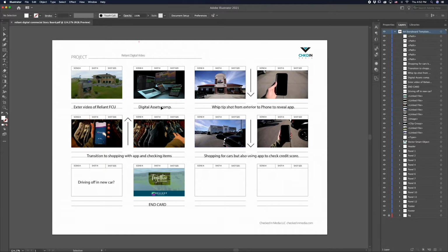So this is a pretty good idea of what this video is going to look like. This is a super generic storyboard, but honestly, I would normally never even put one of these together. I put this together, and this is all done in Illustrator. It's a great piece of software. I take the stills from video and then I just drop them in and pretty it up